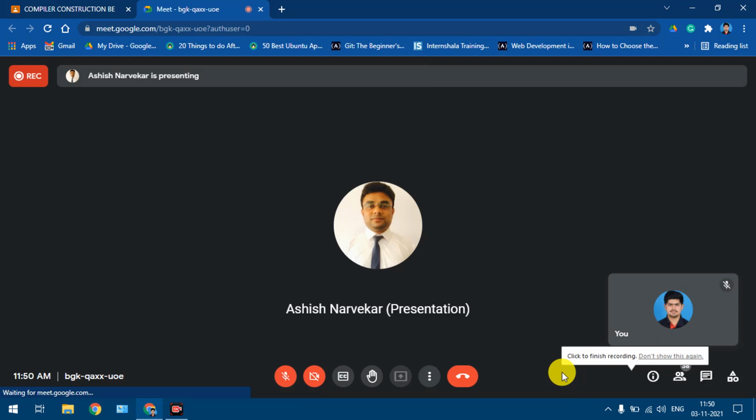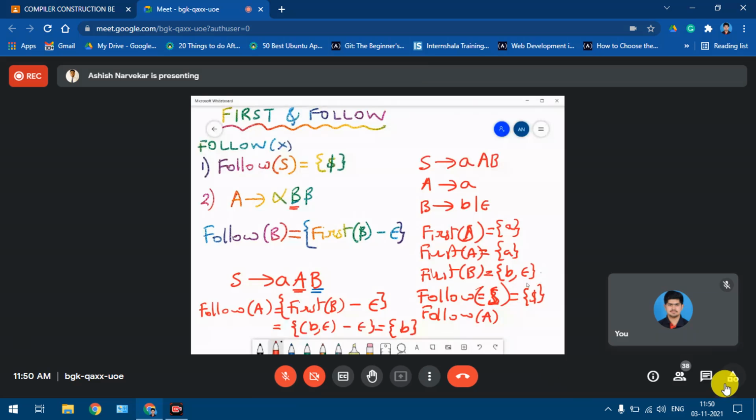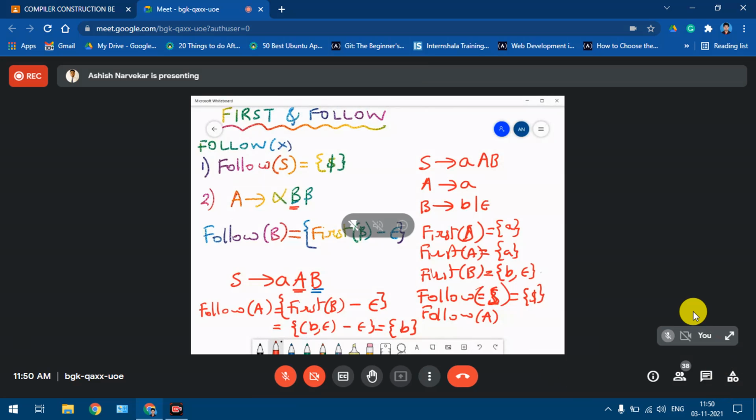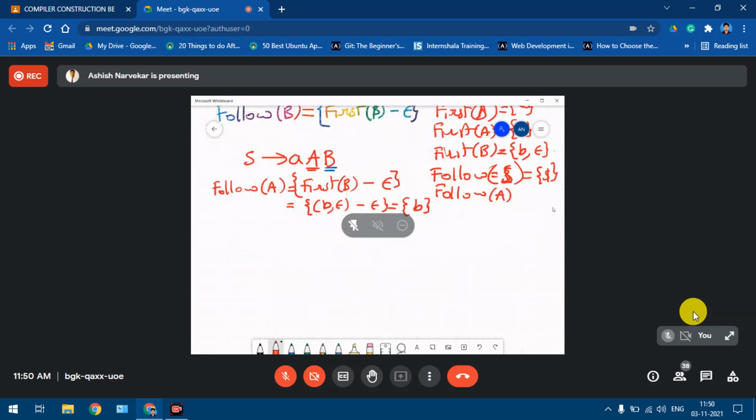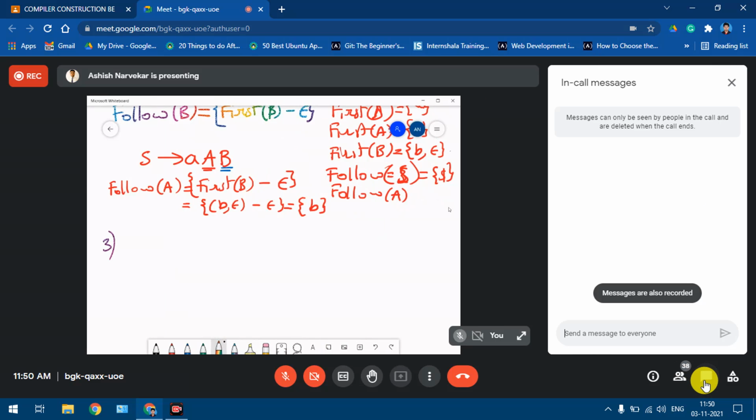First set of that particular non-terminal which appears to the right. Okay, so that is the second rule over here. Now going to the third rule. Now whatever we are doing, that's an algorithm, or these are the rules that are used for computing follow. They are formally defined in the notes, so please refer to the notes because it can appear as a theory